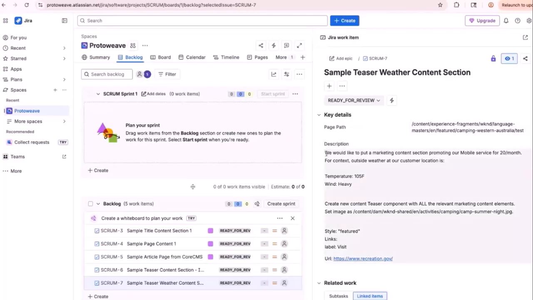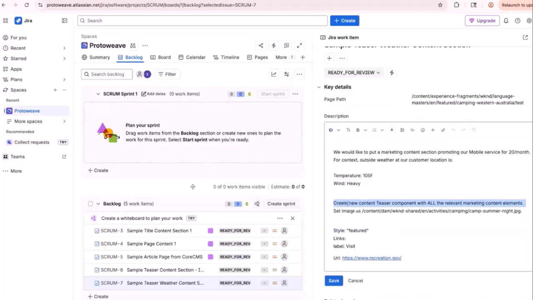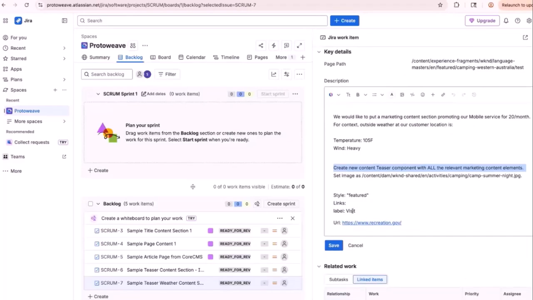In this case, we're creating a marketing teaser promoting a mobile service priced at $20 per month. We've added contextual details, like hot weather and strong winds, to influence tone and messaging. We also instruct the system to create a new teaser component, set a background image, and define the call to